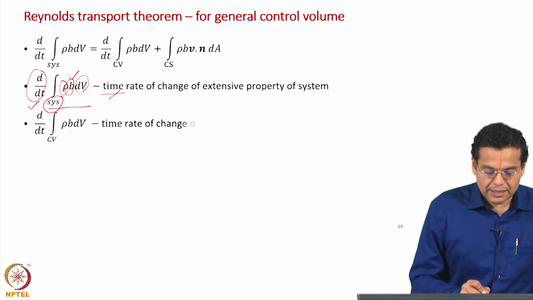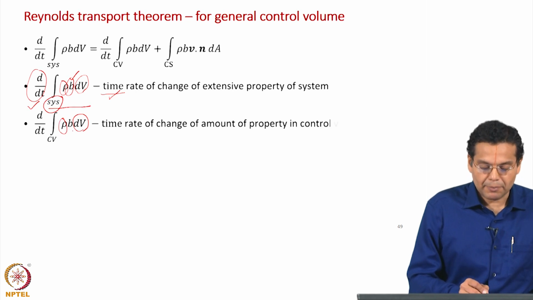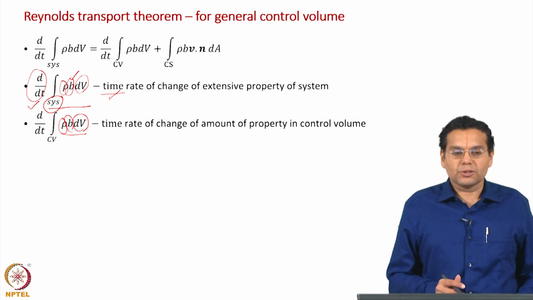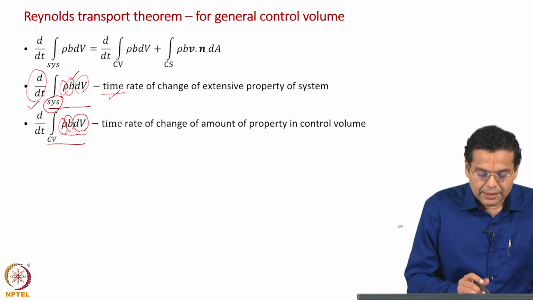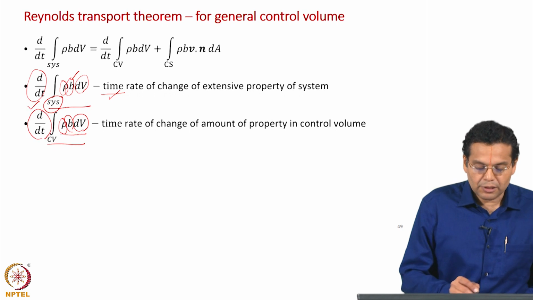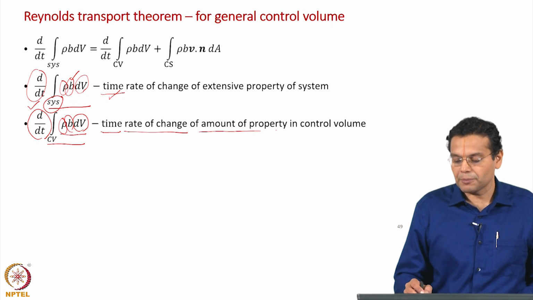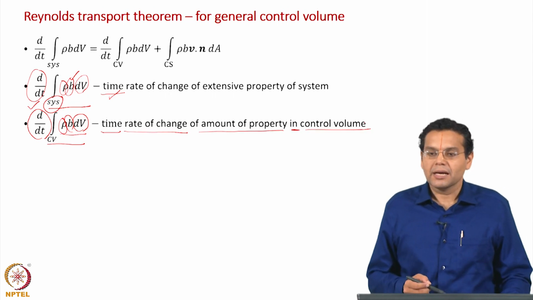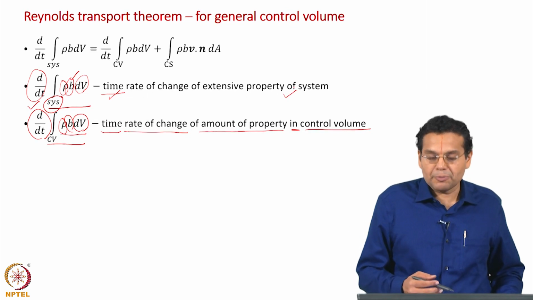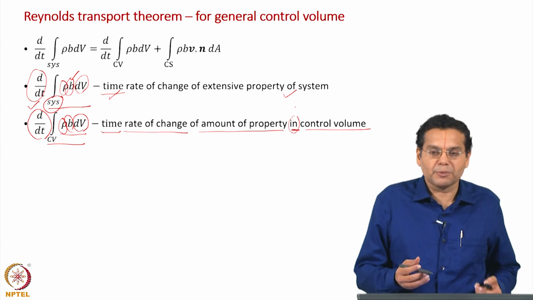Analogously, that is for the system, rate of change of extensive property of system. Now, similarly, take a small volume in the control volume, multiply by density, multiply by B, that gives the amount of property in the control volume, a small volume. When you integrate, it gives the amount of property in the entire control volume. Take time derivative, gives you rate of change, more specifically time rate of change of amount of property in control volume. Some time back we discussed, we usually say extensive property of system, we do not say property of control volume, not so very correct. We say property in control volume or property of contents of control volume.